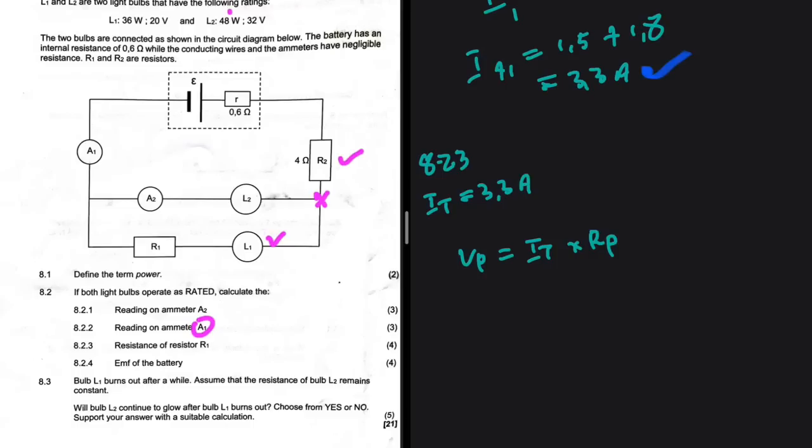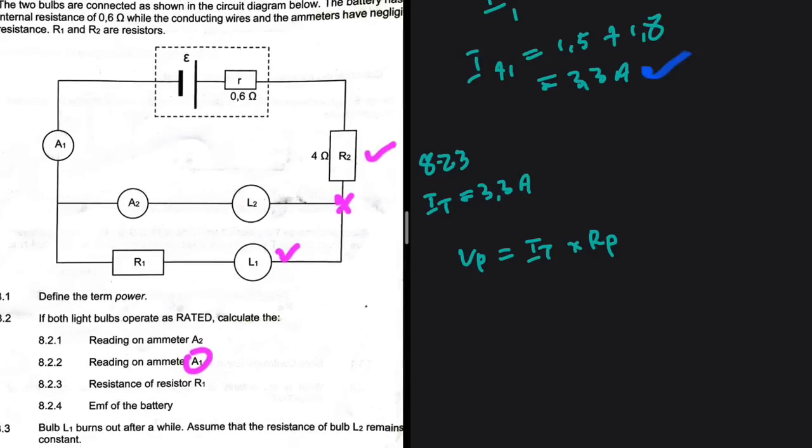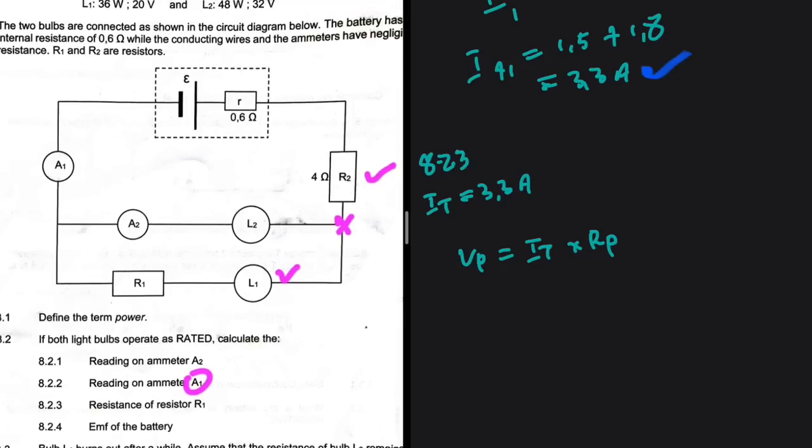We know the voltage that is dissipated by R2, right? But do we know the voltage that is dissipated along the two parallel paths? Well, we can calculate VP using the voltage across this path,